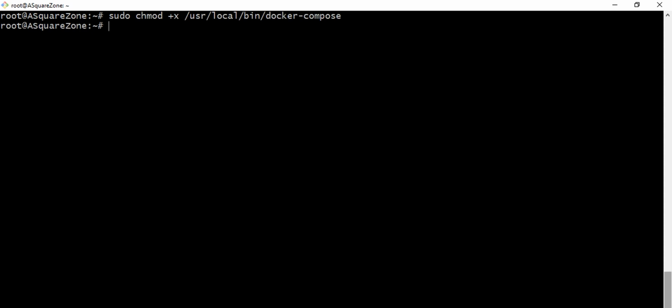We'll check the version of Docker Compose using the docker-compose --version command. Docker Compose version 1.25.5 is installed on my Ubuntu server. So using these two steps, we can install Docker Compose on Ubuntu server. But please make sure you install Docker Engine before installing Docker Compose.